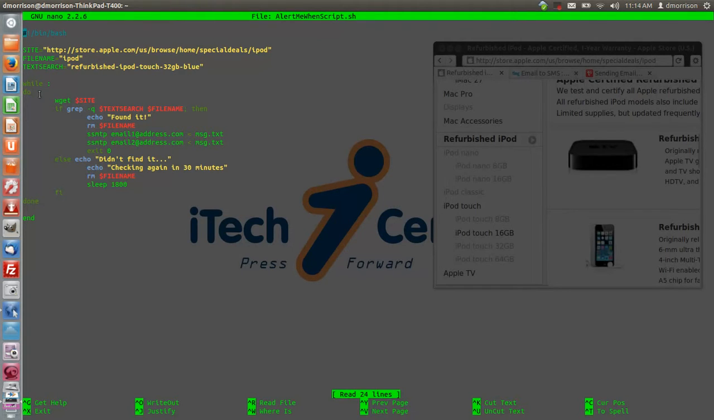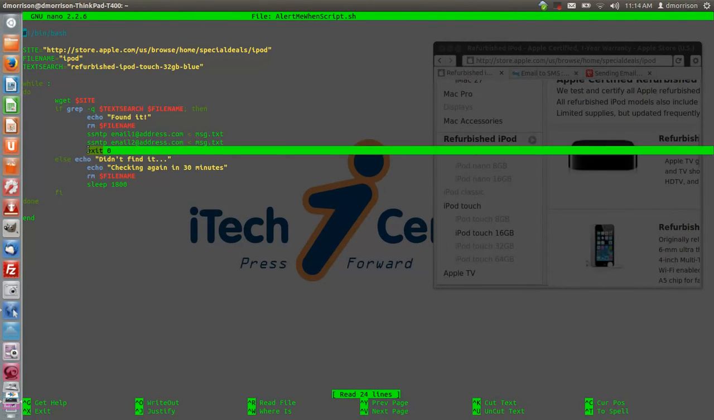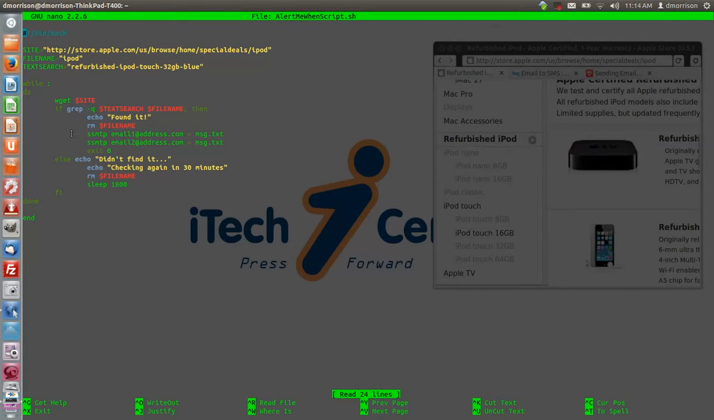Okay. So down here, now I have a loop. This is going to be a never-ending loop until it exits right here. So I'm getting my site, making a file name called iPod, and it's going to search for this text search in this file name, iPod. If it finds it, then it's going to echo found it. It's going to remove the iPod file. We don't really need it there anymore. And then it's going to use